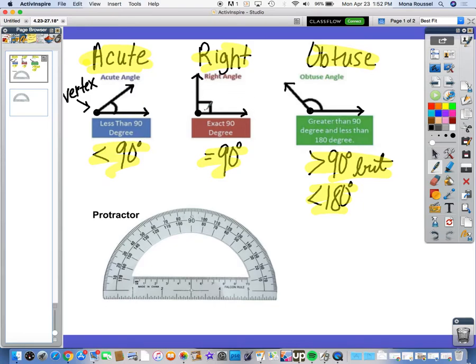Right angles are probably the easiest ones to spot. They measure exactly 90 degrees. It's like a straight across, straight up L. Many times you see right angles marked with this box in the corner to show that it is a right